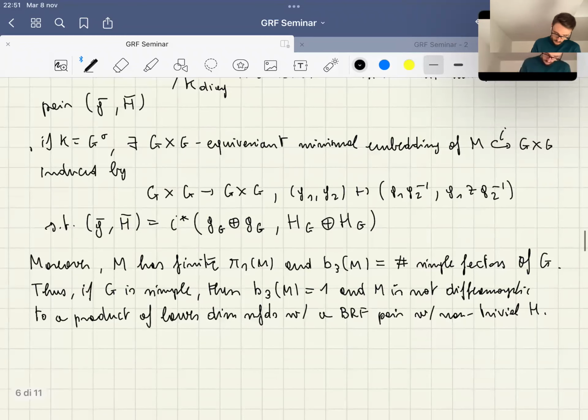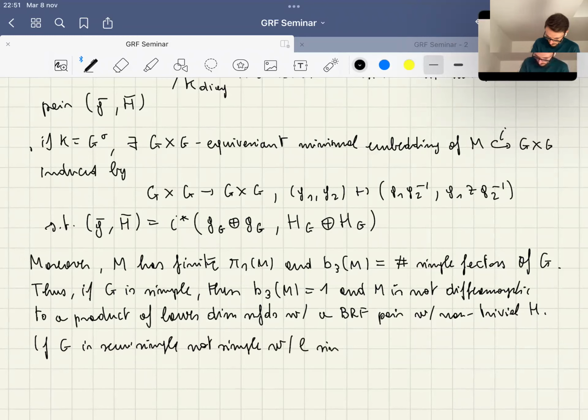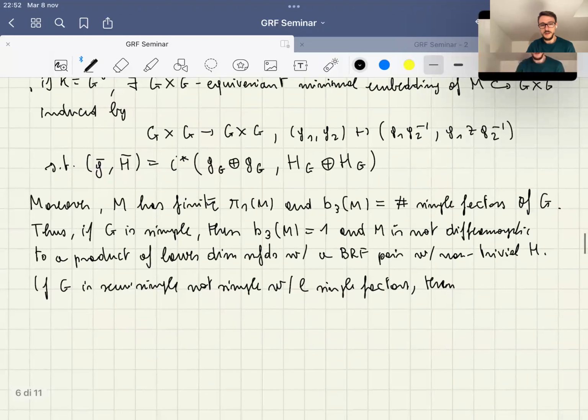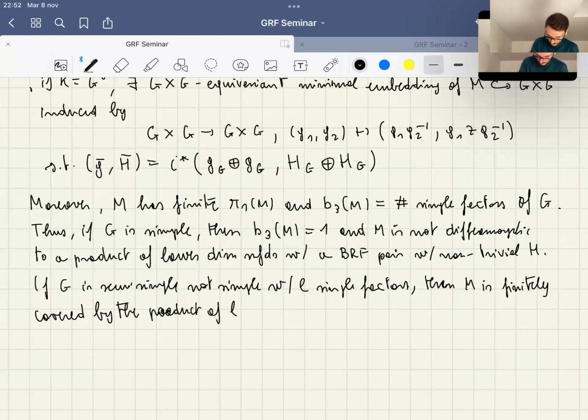And in the other case, if G is semi-simple but not simple, let's say with L simple factors, then the manifold is finitely covered by the product of L factors of the form as we have here. So in such a case, the manifold is finitely covered by the product of L factors of the form,